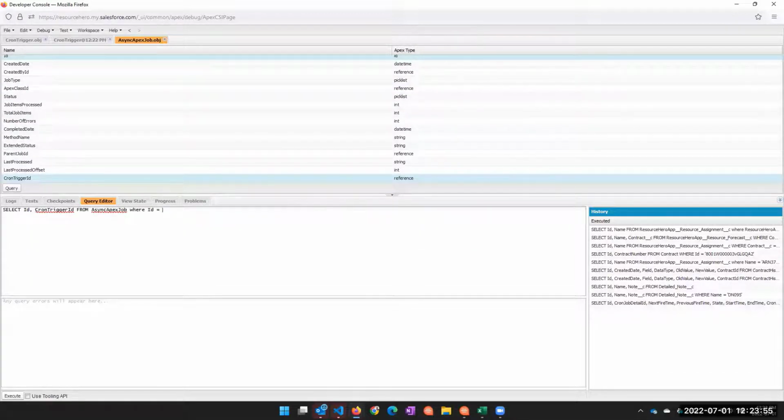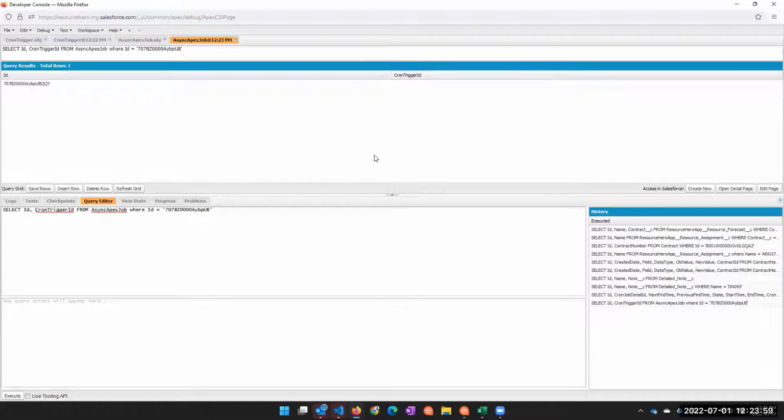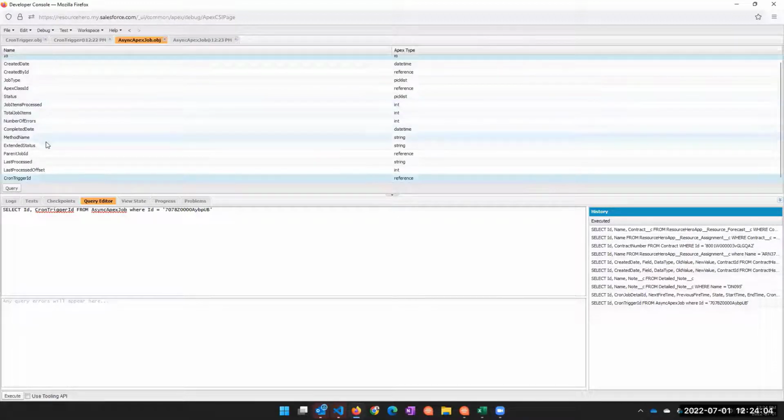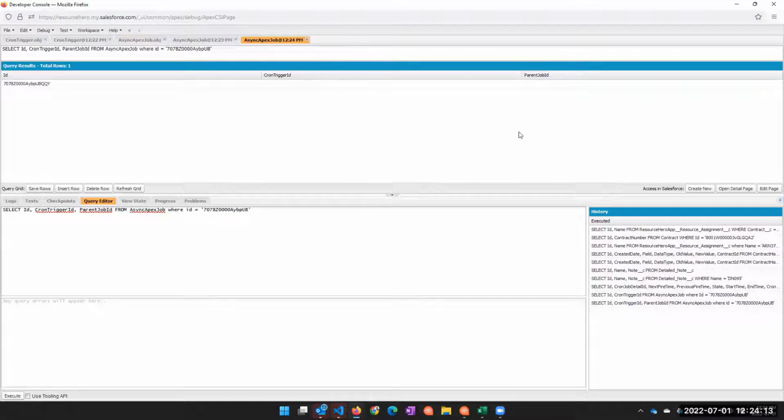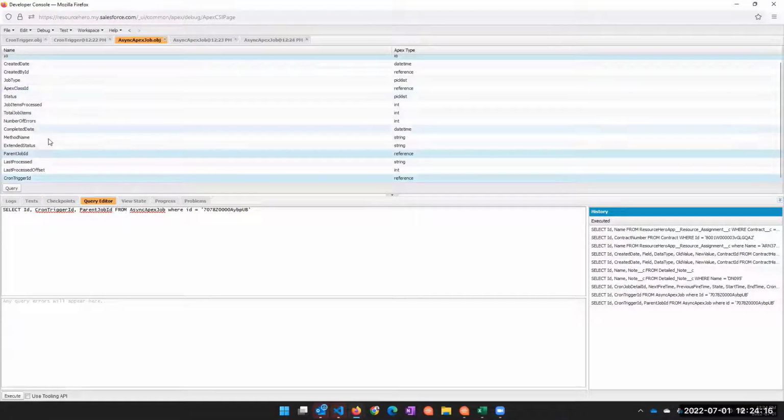Where ID is equal to this. And okay, so that represents that row. And of course, there's no cron trigger ID. Parent job ID, maybe? Nope. Okay. Method name, number of errors, process. Yeah, the class ID is not going to help us. Job type. Yeah, I honestly don't know, Sandy, if there's an easy way to do this besides deleting them and